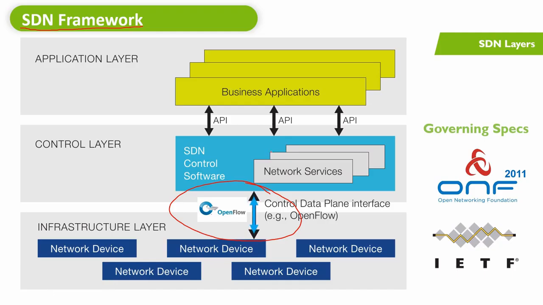A group of few intellects started working on the OpenFlow specification at Stanford University, and thereafter in the year 2011, the ONF, the Open Networking Foundation, also started working. They started developing the SDN specs to promote SDN and to promote OpenFlow. There are several working groups created by this organization, and they all together standardize the entire thing.